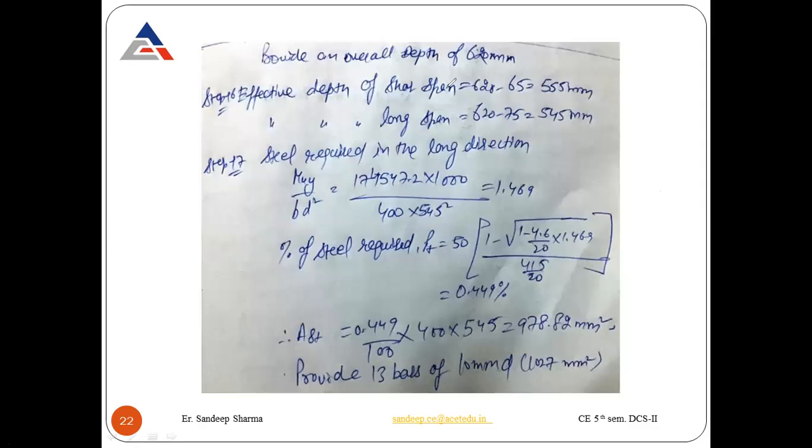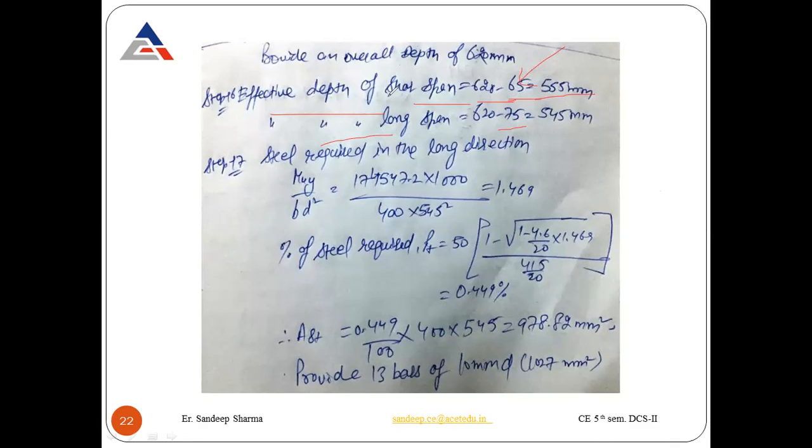So provide an overall depth here, and the effective depth of the shorter span. This is the effective cover we have, so that will be the effective depth along the shorter span. And this is the long span we have along this side. This is the effective cover we have. That one is the upper steel. The effective cover will be more, 5 plus 5, 5 from the bottom steel dia and 5 from the upper steel dia. So that will be 75 plus 10, 65 plus 10. 60 was the clear cover.